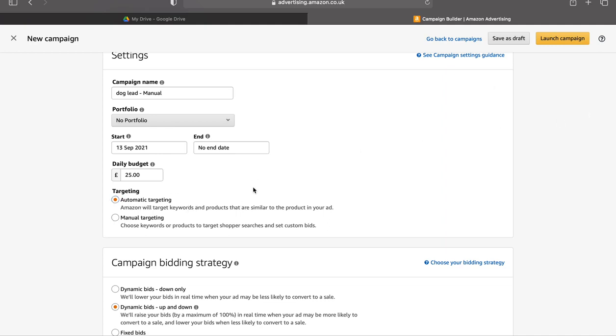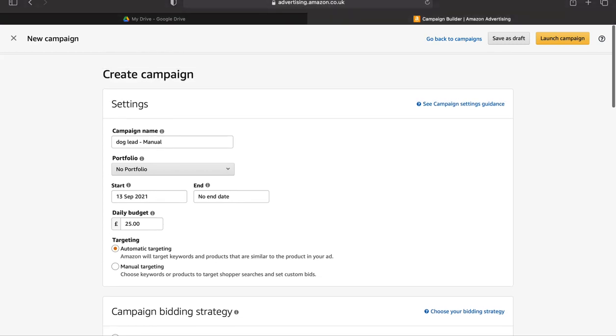So yeah, 3 campaigns generally. But if you wanted to branch out into sponsored products campaigns, you can do. But this is the one I'd start with if you're a beginner. Just get started on this one, and then obviously press launch campaign, and that's it. Job done. Then you'll get some data, and then you can see what works and what doesn't, and hopefully your products will start gaining some momentum from that, and you'll get a lot more organic sales rather than